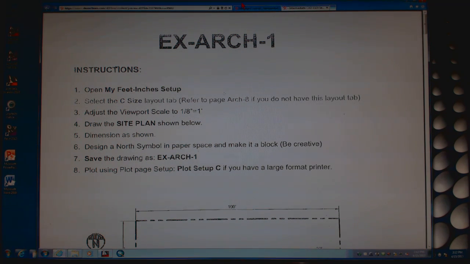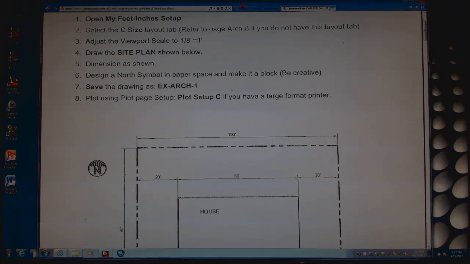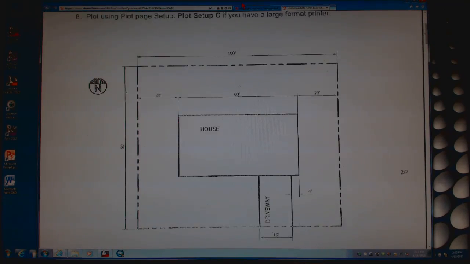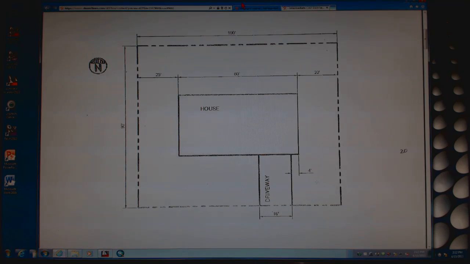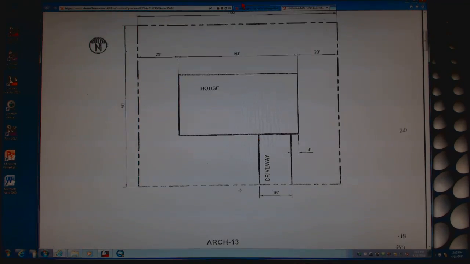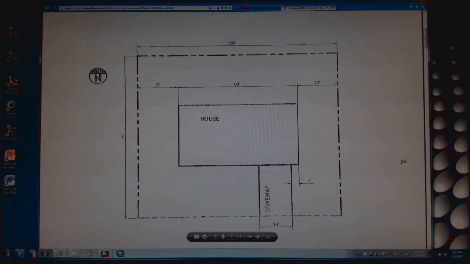Your first layout tab will consist of a site plan. Here's what it looks like. You are to include everything you see right here. The only difference is where you see